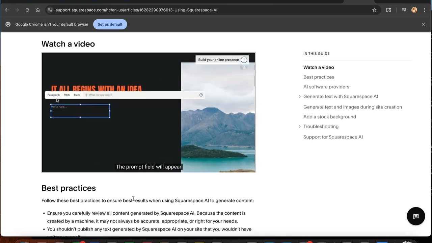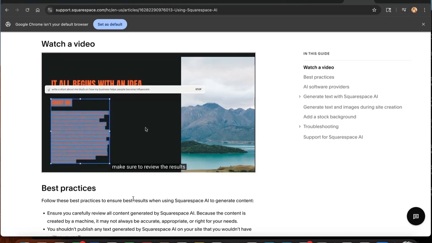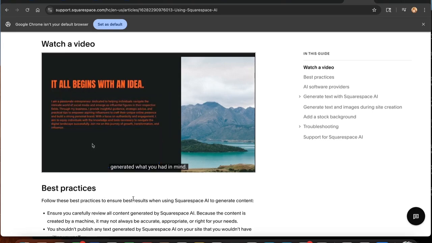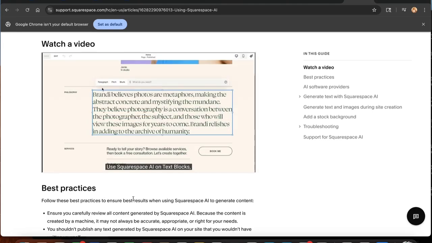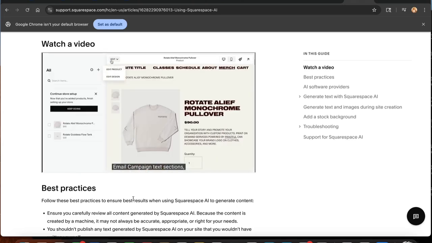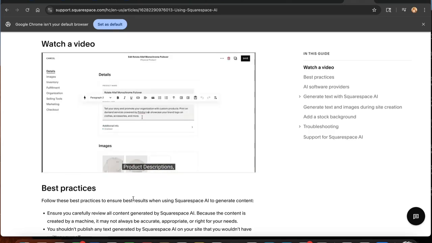The prompt field will appear with pre-built prompt starters like paragraph, pitch, or blurb. Enter your prompt and click Write. After the text is generated, make sure to review the results and that it generated what you had in mind. Use Squarespace AI on text boxes, email campaign text sections,